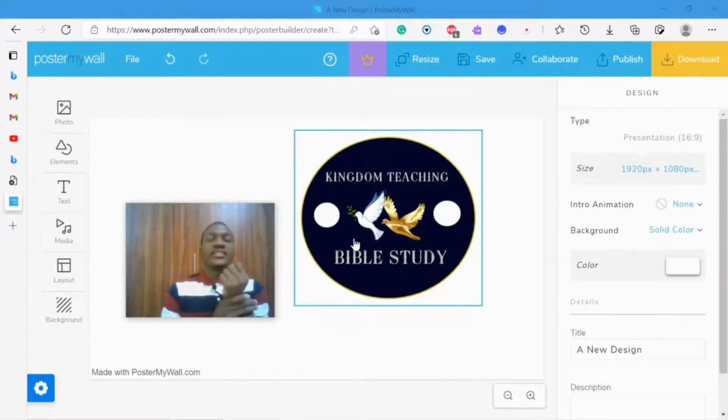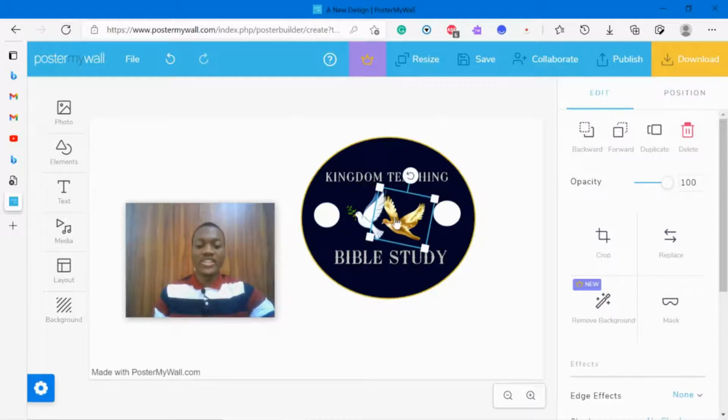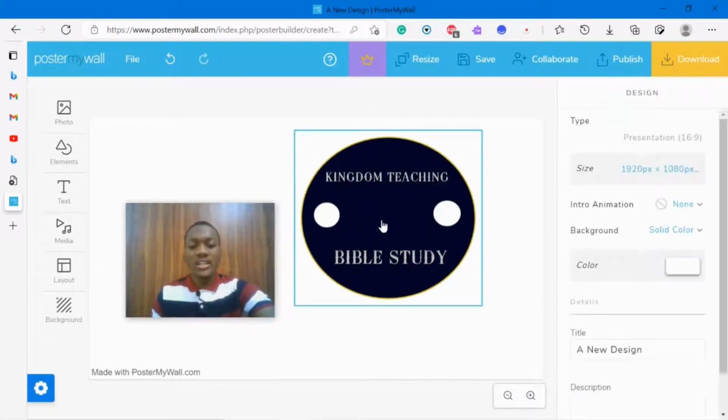So now, guys, what we want to do right now is replace these birds with some pictures. Like I said, this is a bonus. If you want to make a logo for your podcast, or maybe for your organization, but you want to use something more like pictures, or maybe you want to use some clip art, which we're going to get into. Maybe you want to use Mac 3D photos. So for example, first thing we have to delete these